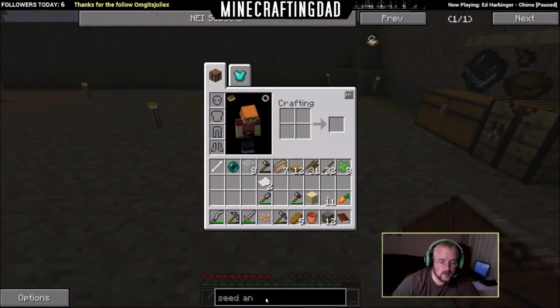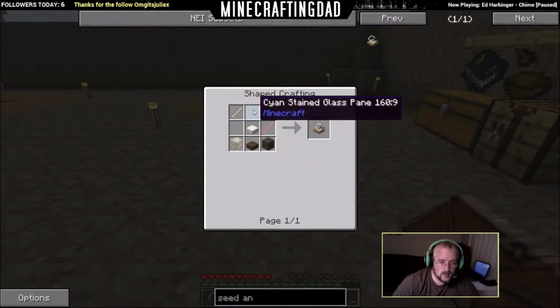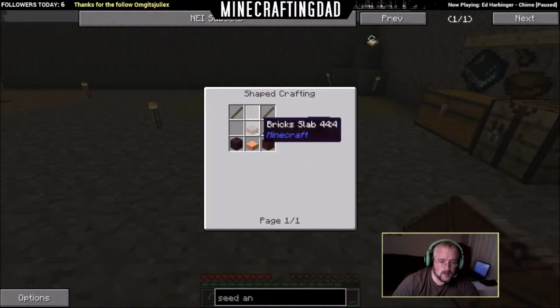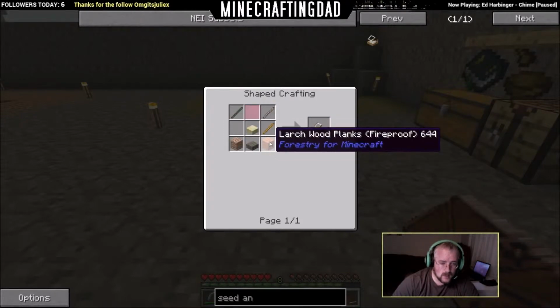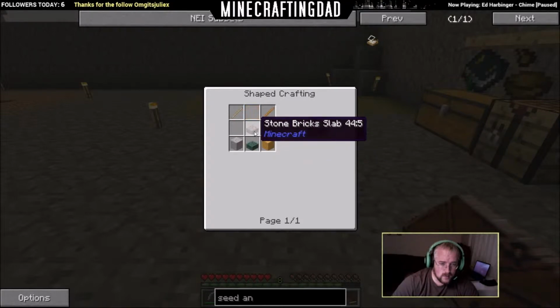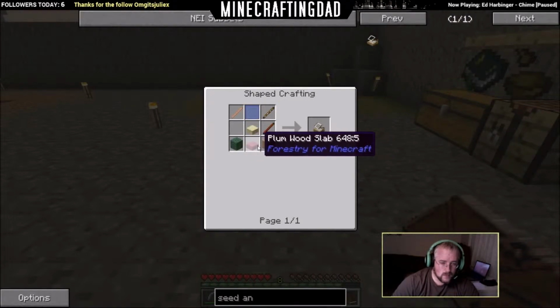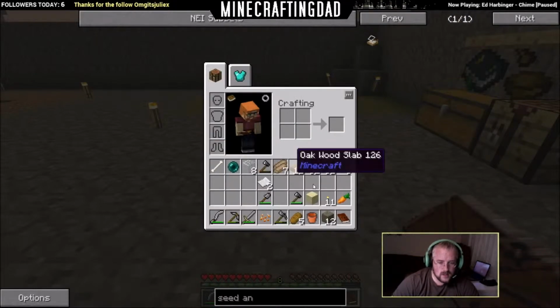So if we go and look at this inside of NEI, you can see the recipe is 3 sticks, some colored glass, a half slab of cobble, and does it care if it's wood or does it have to be stone? It has to be cobble. This is a full piece of plank, half plank. Okay, so this requires some